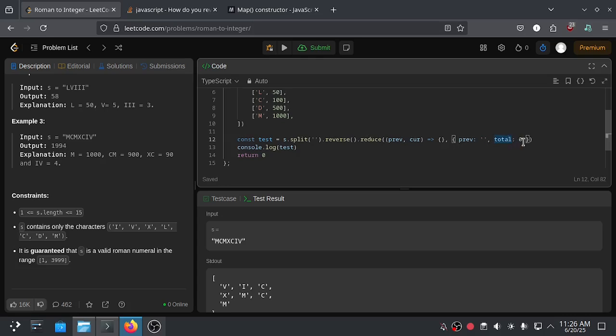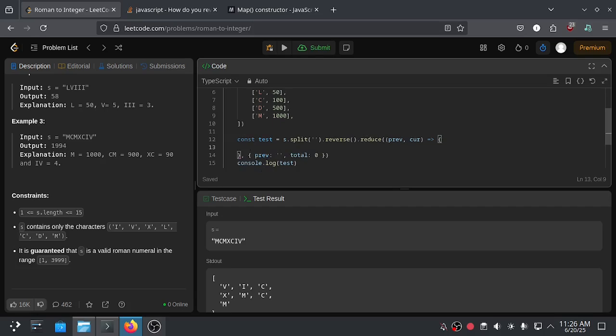So the total property is to calculate the Roman to integer conversion between the letters. So we can press enter right here on the reduce operation.